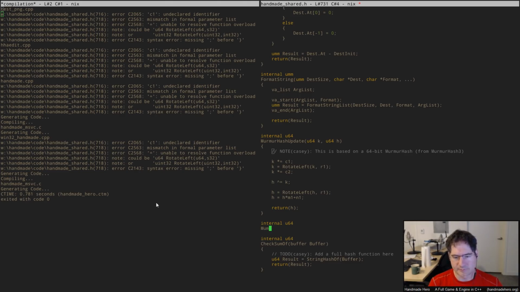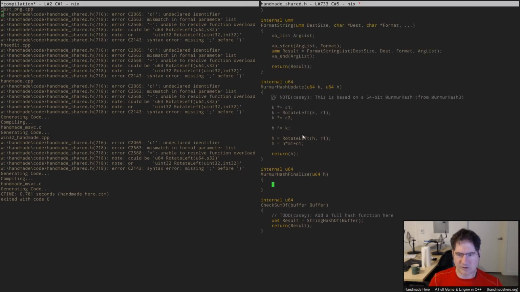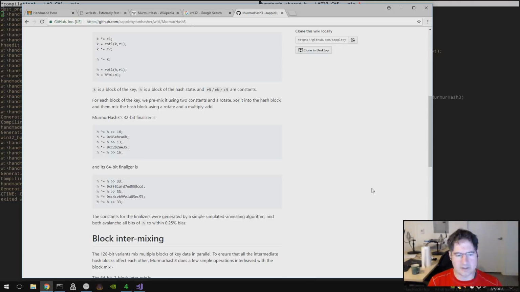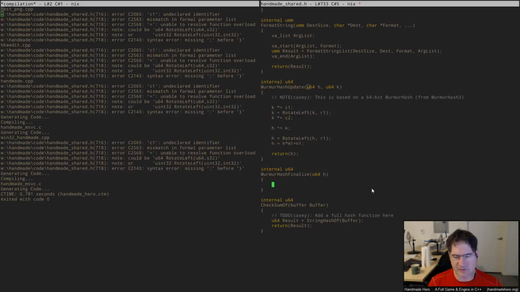It's basically just like two constants and a bunch of XOR shifts, which is fine. So murmur hash, murmur hash finalize. So this is just going to take the hash value. It doesn't use any new information. In fact, I might put the H at the front. So it's basically like you always pass the hash value, and the K is like the new thing that you're feeding in, right? So now if I want to generate the finalization, I just have to do